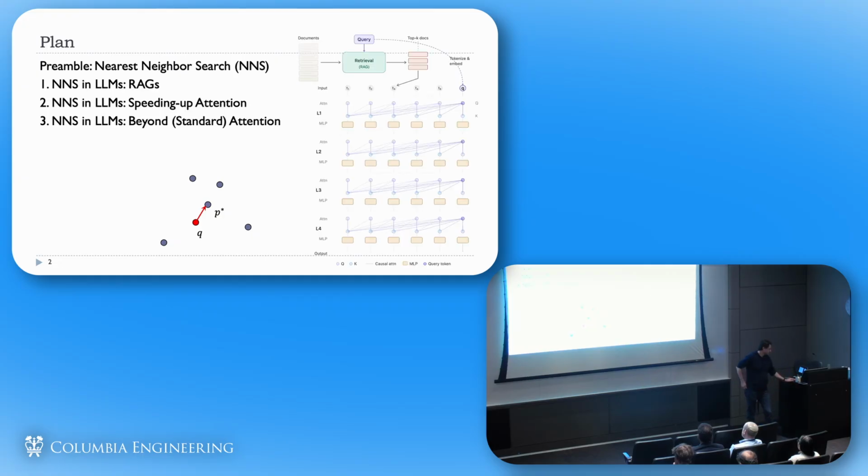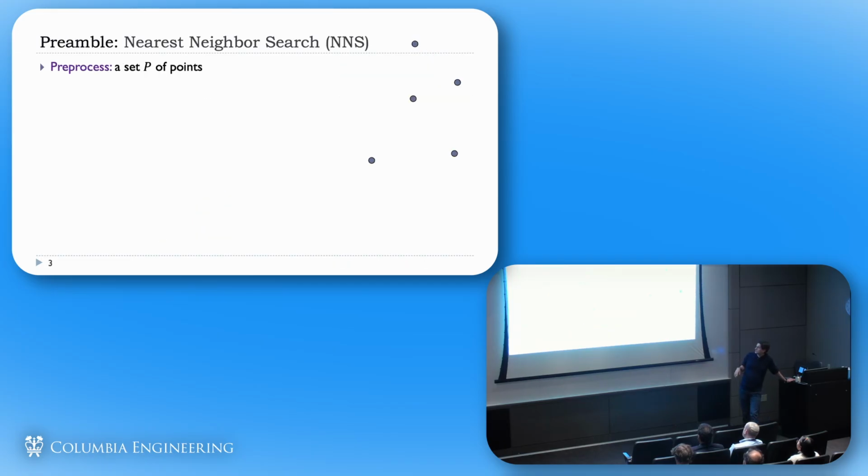And then I'll talk about nearest neighbor search in LLMs, and there will be three parts. We'll talk a little bit about what LLMs are, and where NNS, nearest neighbor search, plugs in here. We'll go over this picture a little bit later. But basically we'll talk about these RAG systems, which are retrieval systems, and attention. Okay, all right. So that's the plan. So let's start with nearest neighbor search.